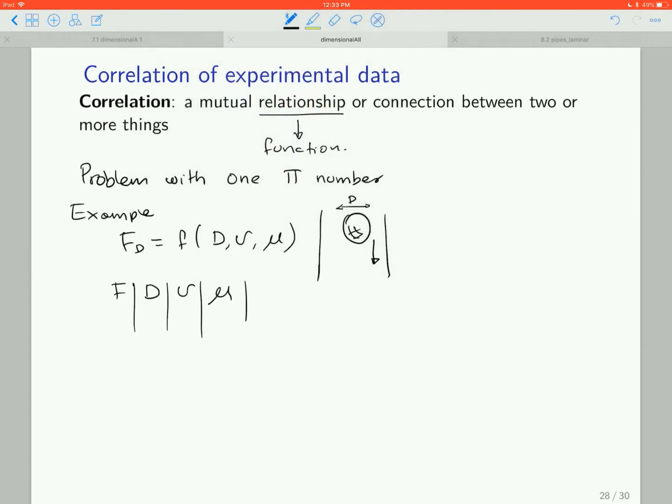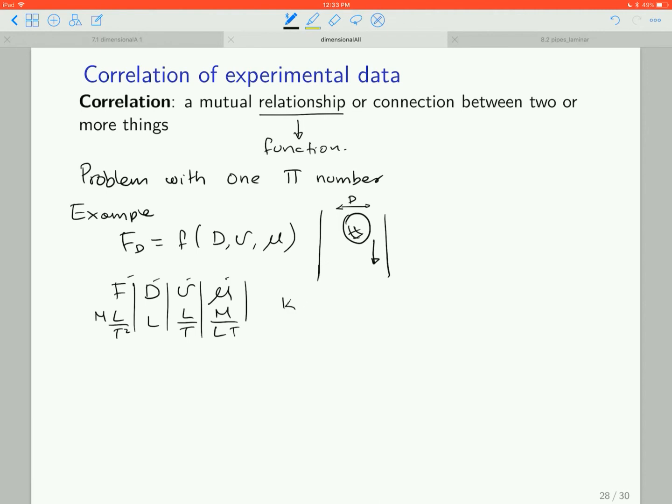And so the dimensions of these are: force, M L over t squared; diameter, L; velocity, L divided by time; and viscosity, M divided by L divided by